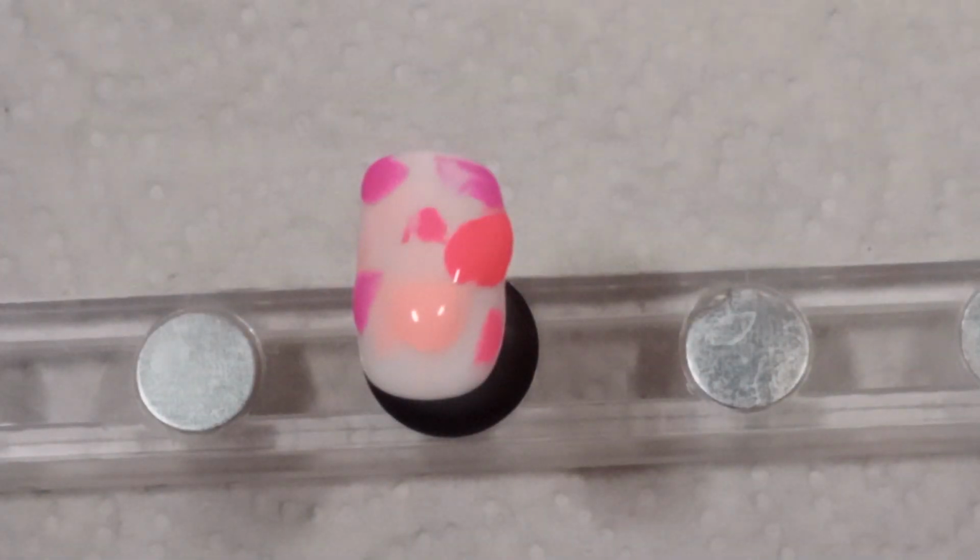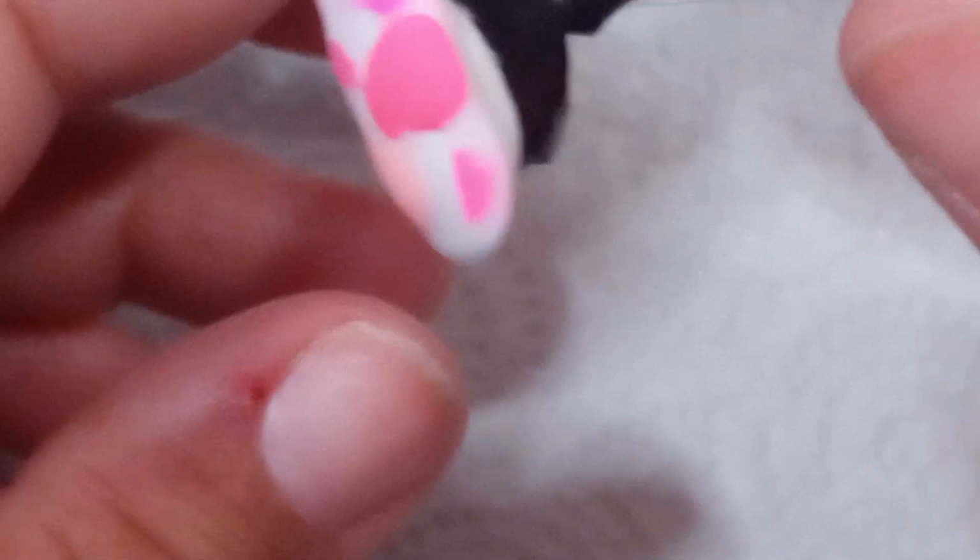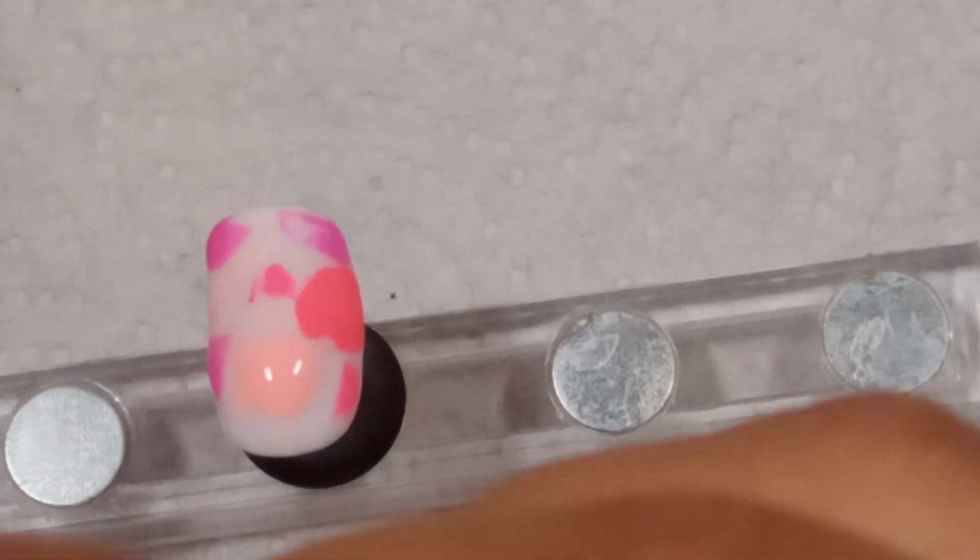Oops. Kind of want to add a little bit of color just so you can see. And then I want to do the purple one the same way. Purple pinkish color. Okay, and then we're just gonna...